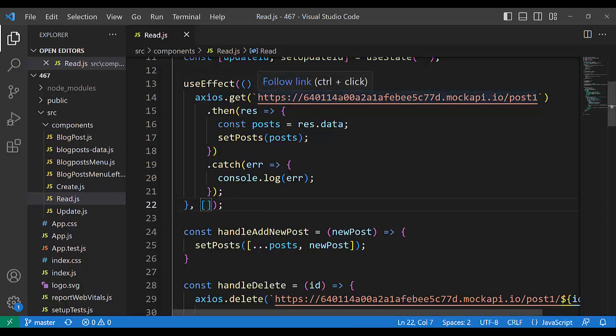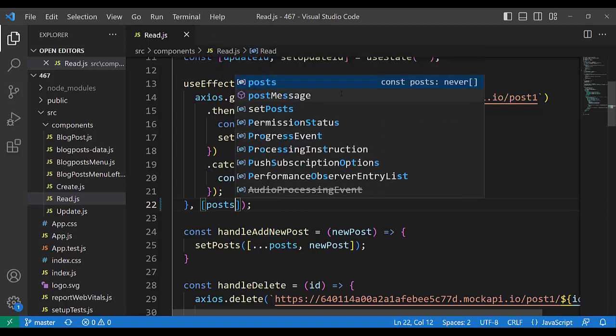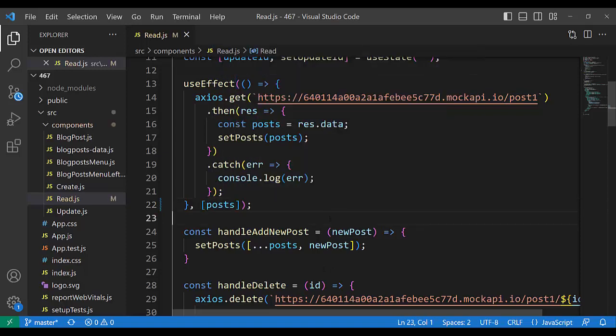When I write posts here, it says that useEffect depends on posts. Without that, useEffect would depend on posts anyway,